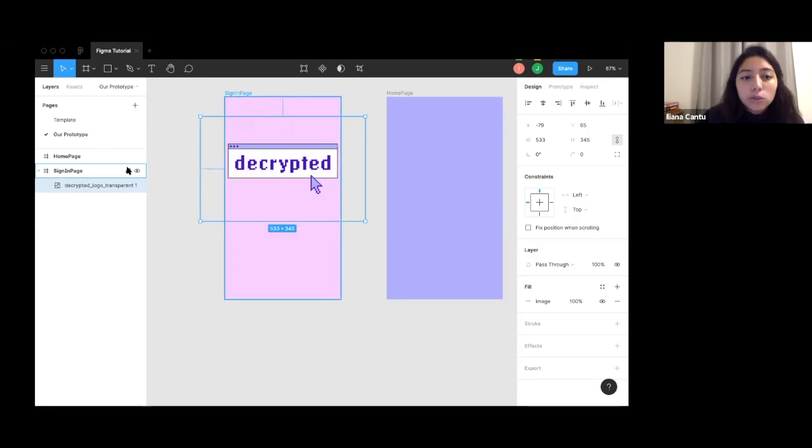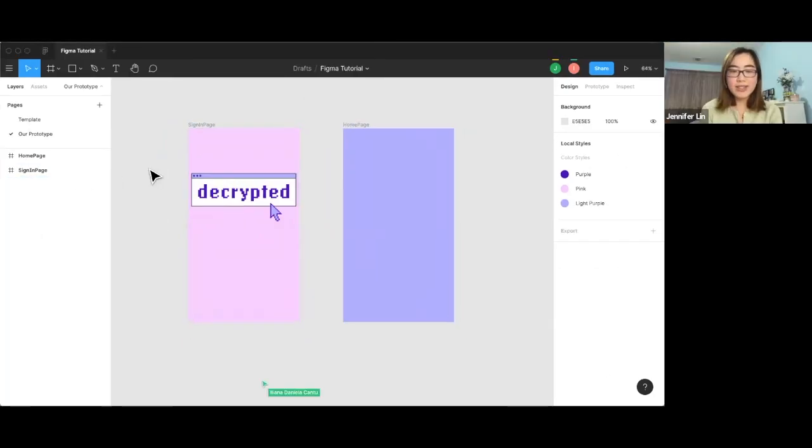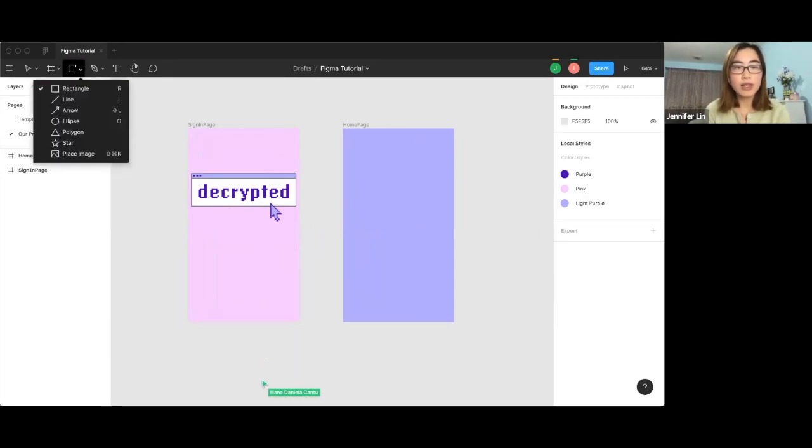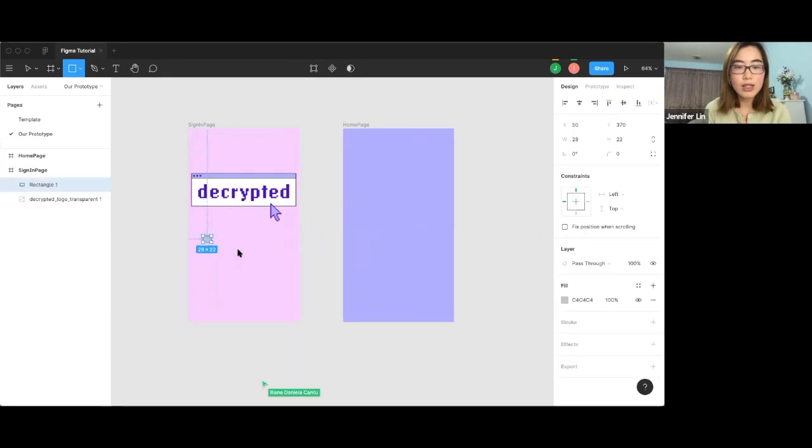And the same thing goes for the lock. If I decide to lock my frame, everything below it will also be locked with it as well. Okay, great. So let's create the input boxes for a person's username and password. To do this, let's add 2 rectangles. After we click this square tool, we can click rectangle and basically click and drag the size of the rectangle